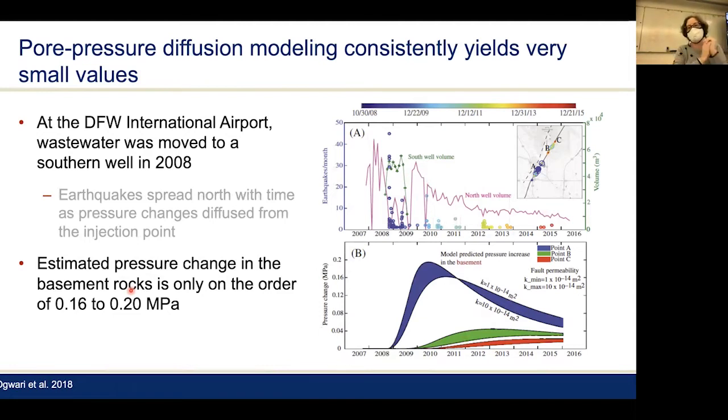So this is from the airport. This is work that Paulo Borri did. So this is where they injected almost directly onto a fault. And, you know, we modeled both in the basement and in the Ellenberger at 3 points, because this is one of our sequences that actually the earthquakes appear to migrate away from the well with time. But, you know, these pressure changes are not very big, right? 0.16 to 0.2